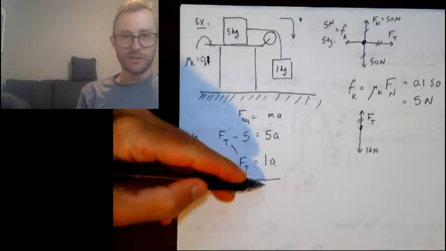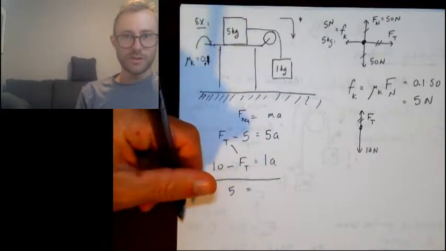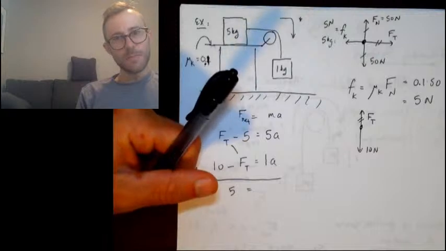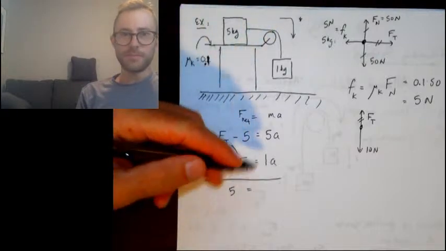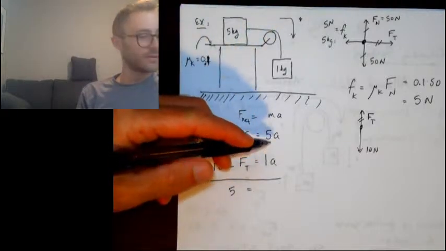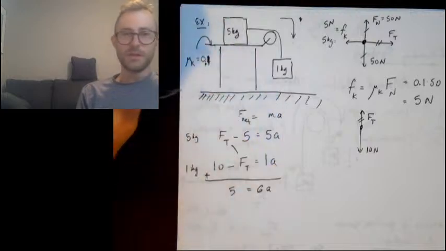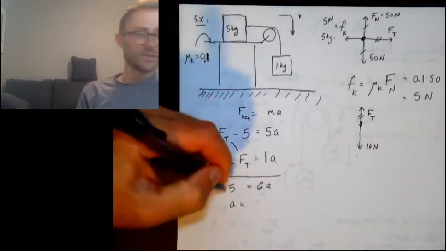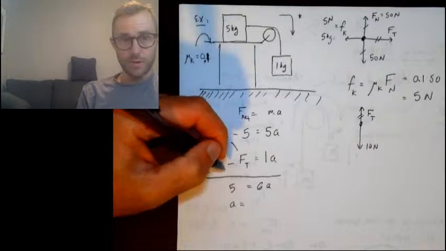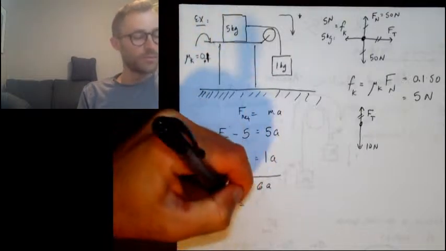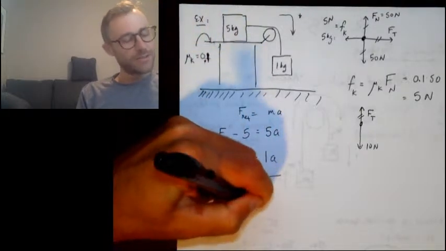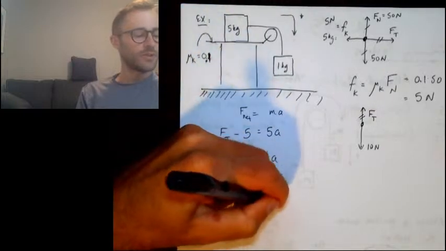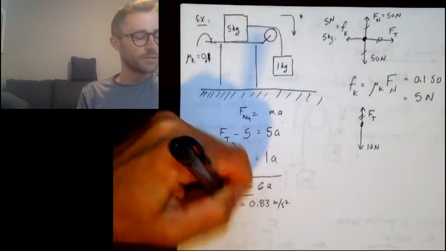And then adding these two together, we are going to get 6a. Dividing both sides by 6 gives us 5/6, which is what? 0.83 meters per second squared is the acceleration,